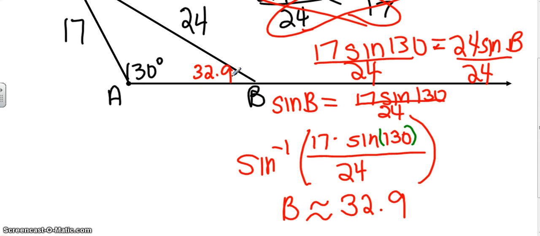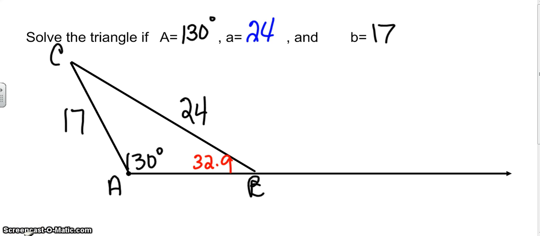And then magic is going to happen because all of this writing is going to erase. Just watch. It's amazing. And poof, that's all the information I have and all my work is gone. So I still need to find the measurement of angle C, and I also need to find this length of little c. So to find C, that's probably the easiest thing I can do because I'm just going to take 180